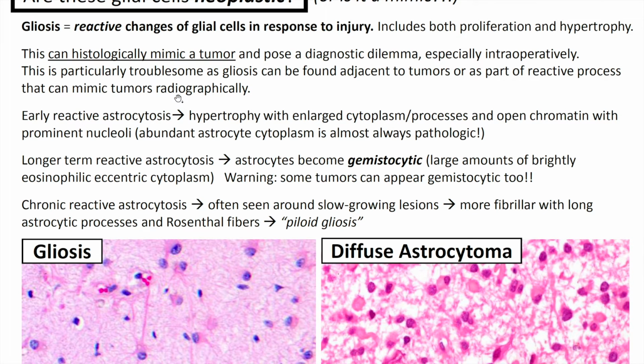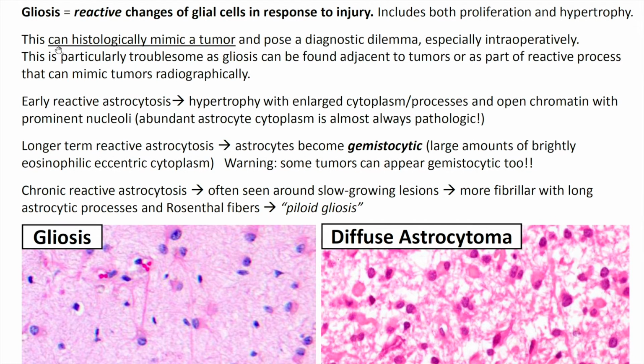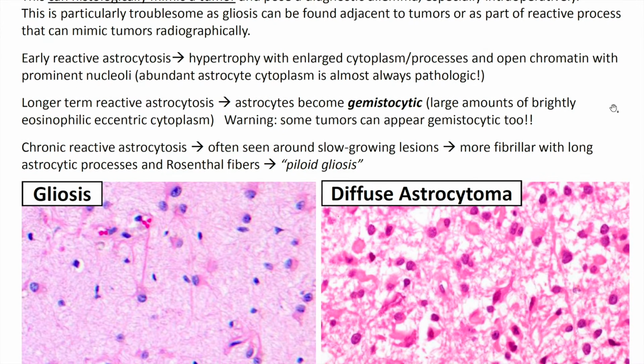So are these glial cells neoplastic, or is it a mimic? You can have something called gliosis, or reactive changes of glial cells in response to injury, which includes both proliferation and hypertrophy. Gliosis can histologically mimic a tumor and pose a diagnostic dilemma, especially intraoperatively. This is particularly troublesome as gliosis can be found adjacent to tumors or as part of reactive processes that can